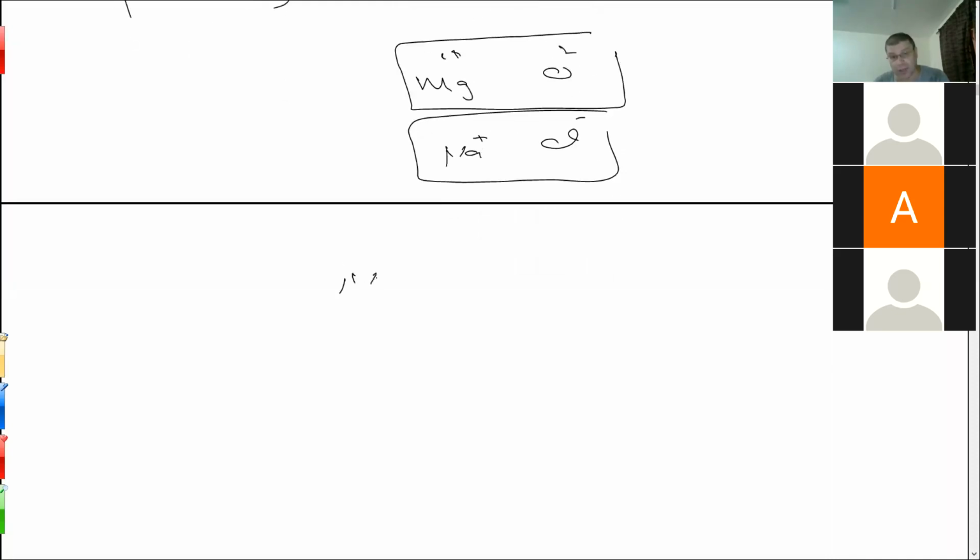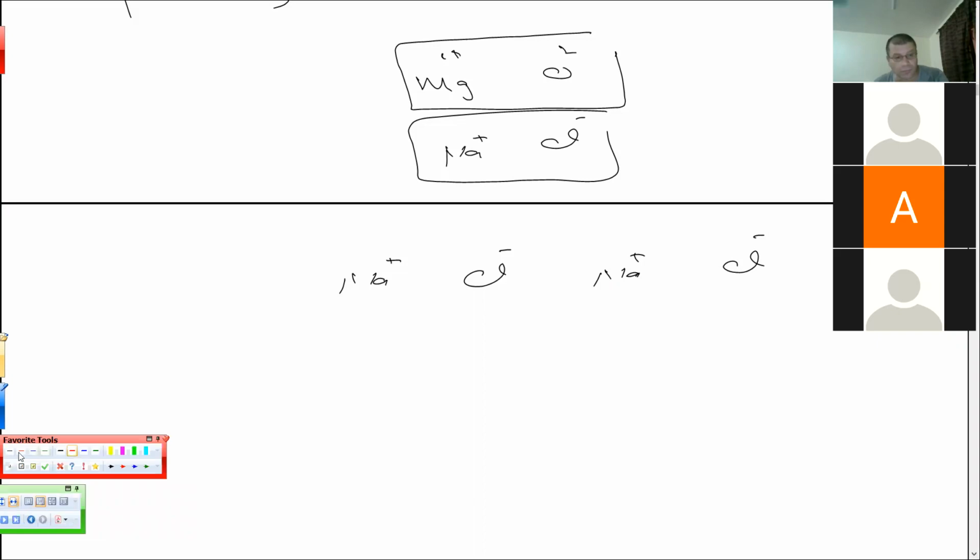Can I ask you a question? Please. This is sodium carrying positive. This one is the chlorine carrying negative. Between them, what do we have? Ionic bond. Can I draw it again, please? Go ahead. Sodium carrying positive, chlorine carrying negative. What? Is this one the ionic bond between the sodium chloride,